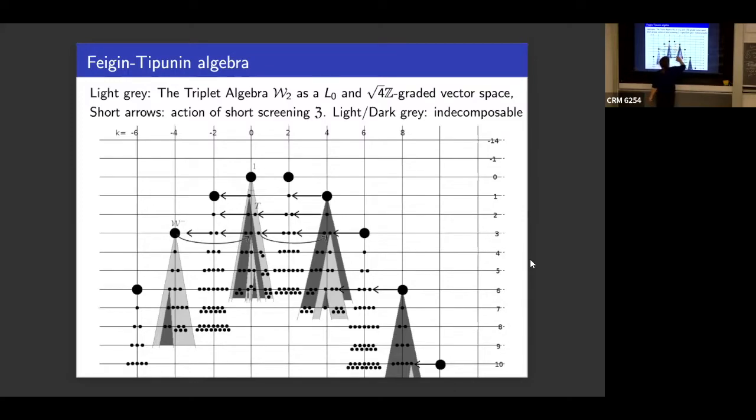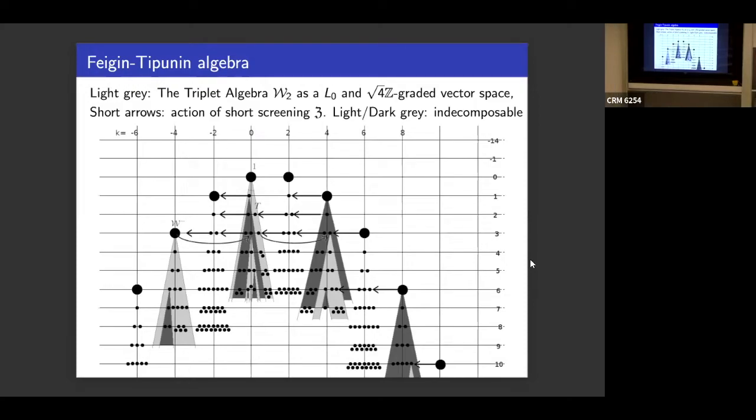That's in the other weights. So this is one non-trivial module. There would be 2 more modules like this one, but they don't talk to the other one, so I just draw one module. And you see the short screening is living in this module. Let's now see what this picture wants to tell us.